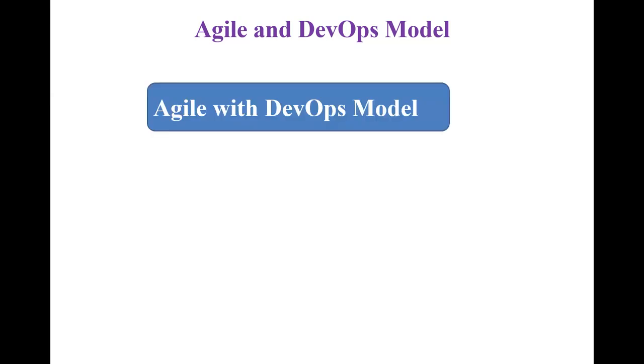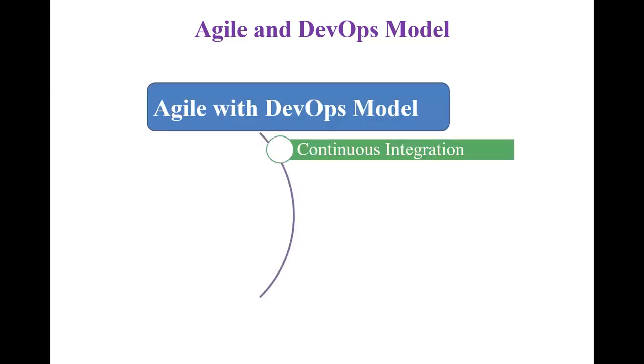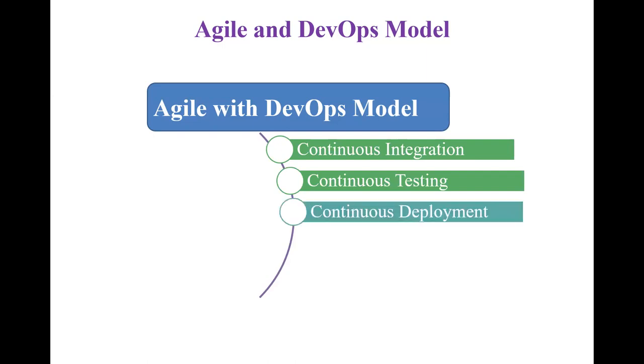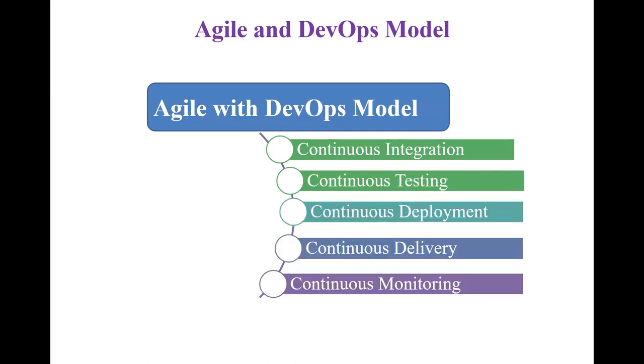So finally, if you club together the requirements teams, development teams, testing teams, and IT operations teams: continuous integration, continuous testing, continuous delivery or deployment, and continuous monitoring. These are all important principles which we should know as a DevOps engineer. Have you got these points? Type DevOps principles in the chat window if you understand it. The 5 principles.